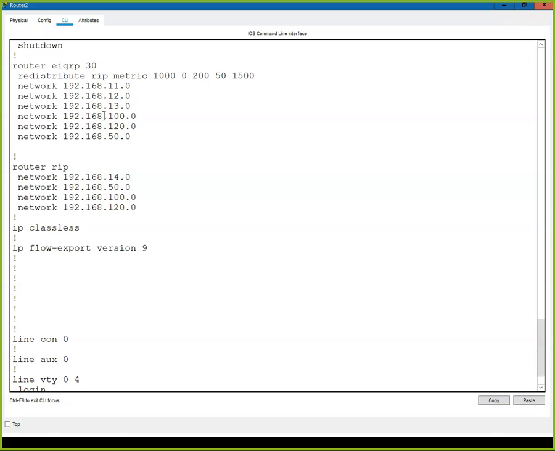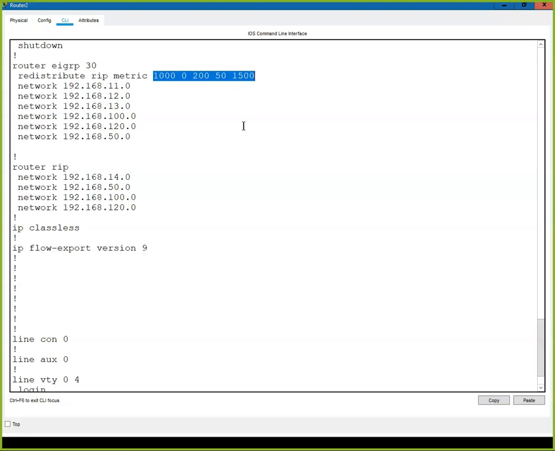It couldn't get all of this other information. If we wanted to send all that other stuff here, we'd have router RIP. We could redistribute EIGRP into RIP in order to send all the other stuff to it. But we do have to specify a metric, and this would be a redistribute RIP. This would be an